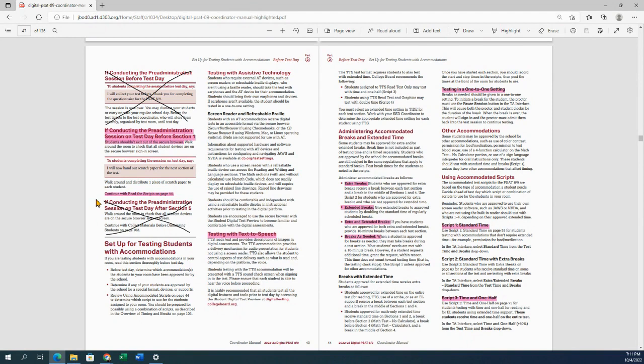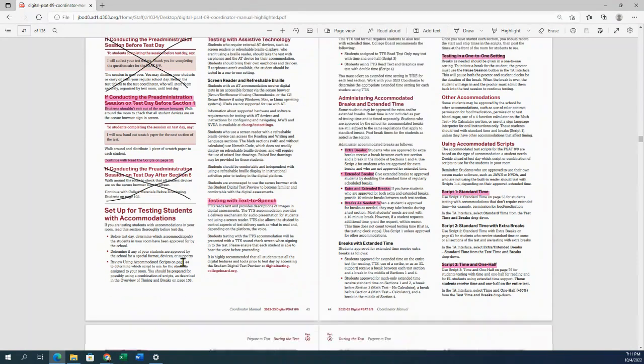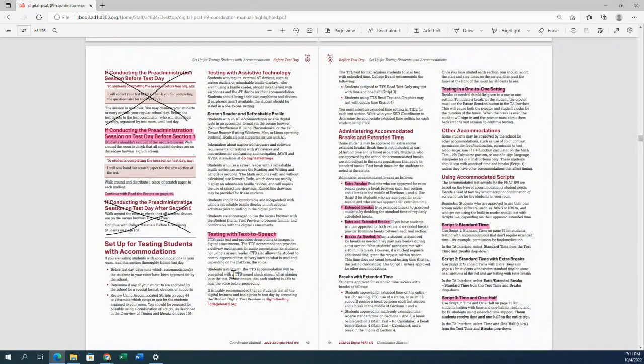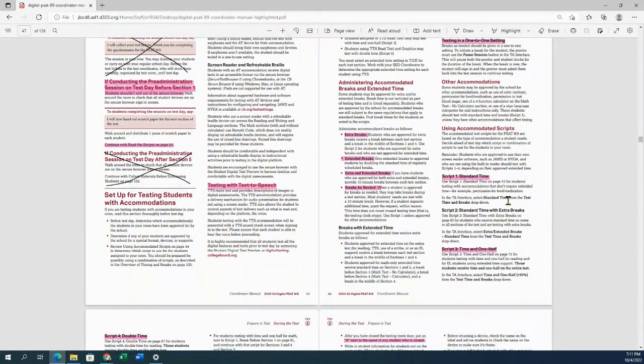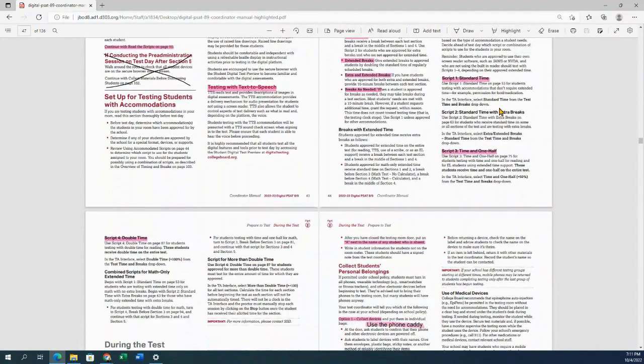Stay with this. We're going to go through some more of these pages and highlight some important things. First of all, if you're doing accommodations, there's important information here you need to make sure you familiarize yourself with. Text-to-speech, extended time or breaks as needed, how to test in a one-to-one setting. And then there's a description of the different scripts. We don't have anybody using script 2,